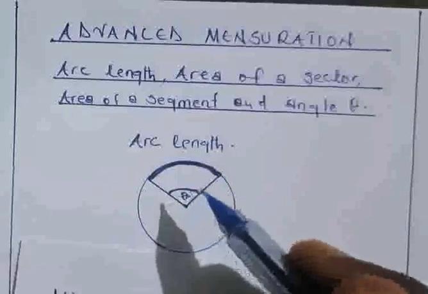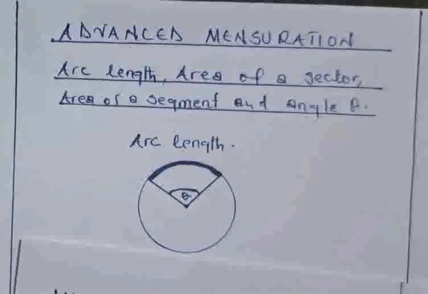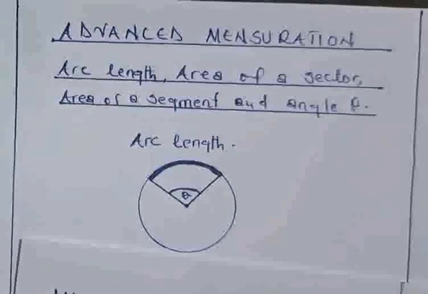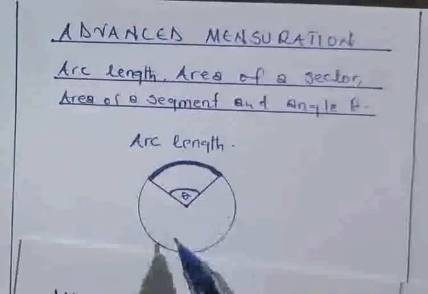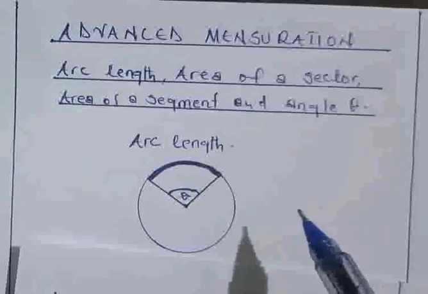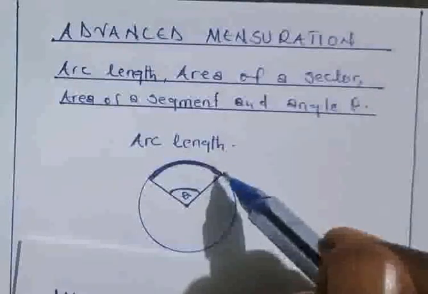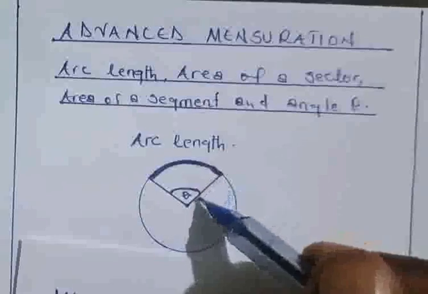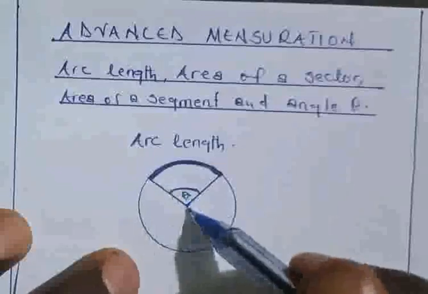Remember, I said keep those two formulas. One was for the circumference of the circle, and the other one was for the area of a circle. So since we're dealing with the circle alone here, we just have to consider the circumference of a circle. Now you notice that from the end of this part here, we have a radius that goes to the center, and also here we have another radius that goes to the center. So there are two